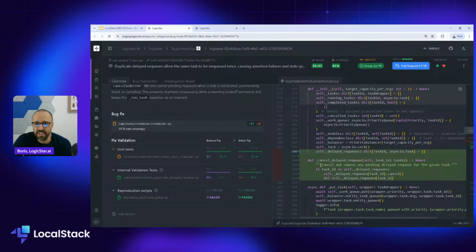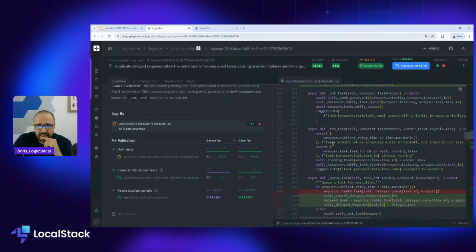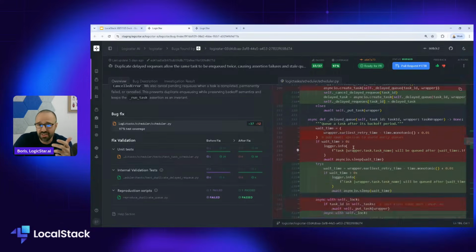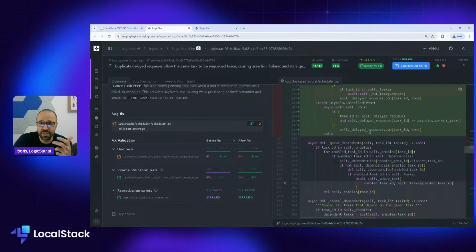In this case, we can see in line 186 that we're tracking the tasks that are supposed to be requeued, to make sure that it's there. And then let's see the next change. We get line 2017 here. We check that we do not have this task scheduled and update the associated utility functions underneath to make sure that the whole file works. Automatically, we get the pull request, which is great.